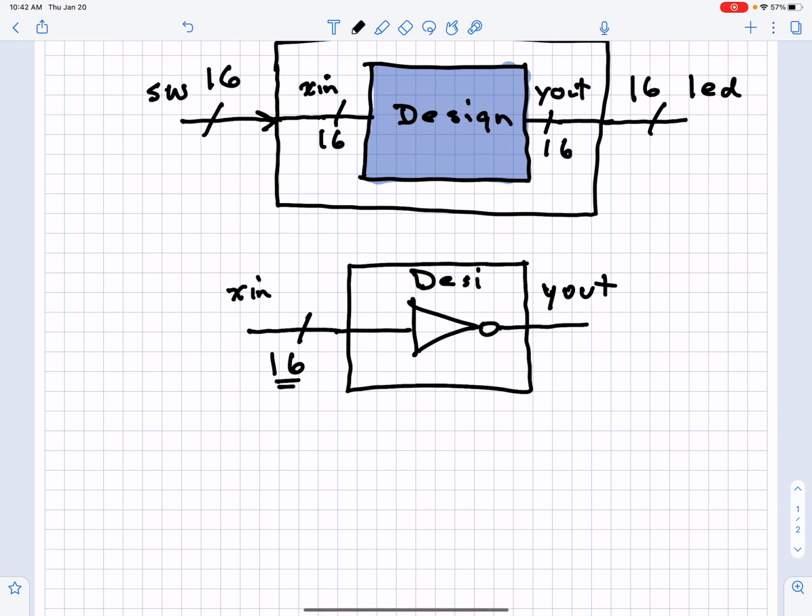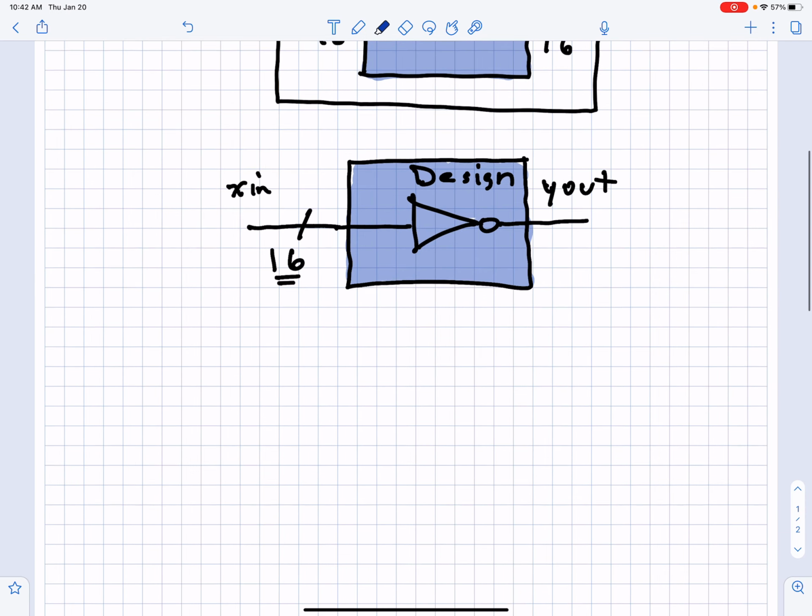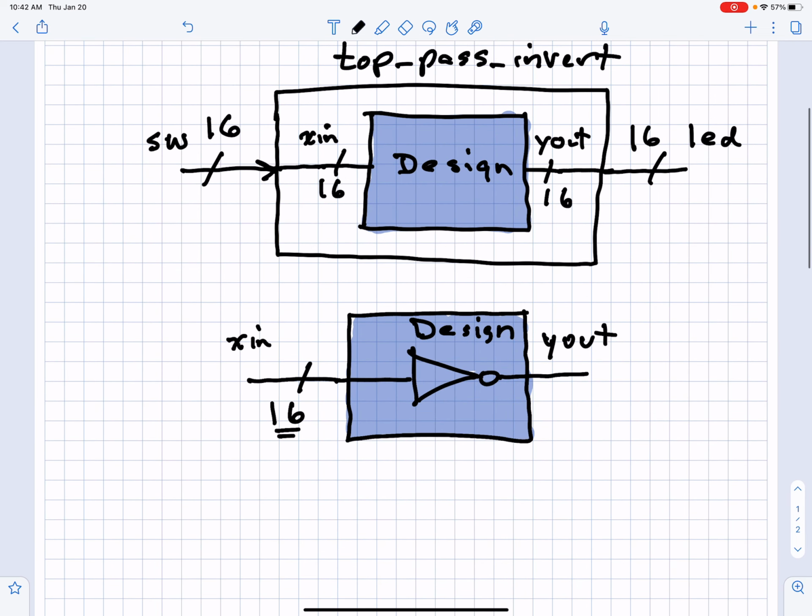Of course, we're going to do more complicated designs as we go through this class. But this is essentially what's inside the blue box. So you might say, well, Dr. Thompson, this seems trivial. Why didn't you just make it all one box? Why did you go through this extra step of putting your design in a box? The answer is we want the flexibility to be able to test our design in a number of ways. We could put it into the hardware, like we're going to do in this lab setup,